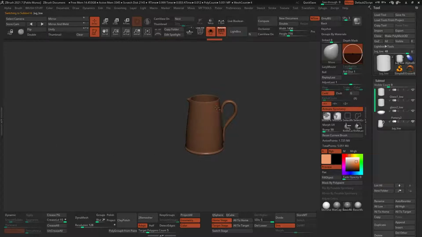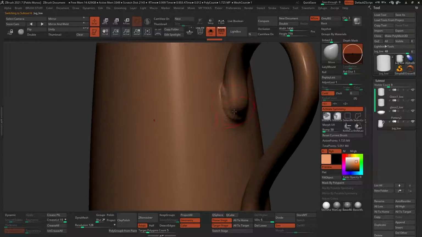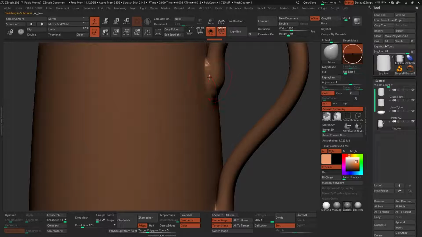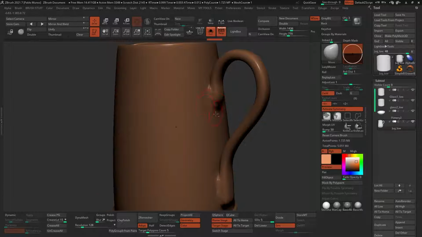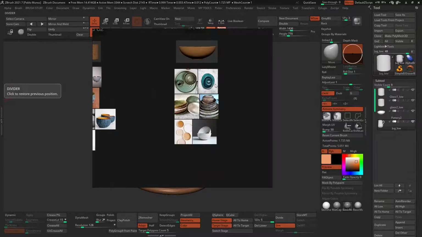If I go to this asset right here, you see it's a pretty smooth surface. I only sculpted this area so that it feels like the handle is being attached a bit rough, but it is pretty simple. The details, like I said, are all going to be given by the materials that we're going to be creating. So going back to what I was saying,